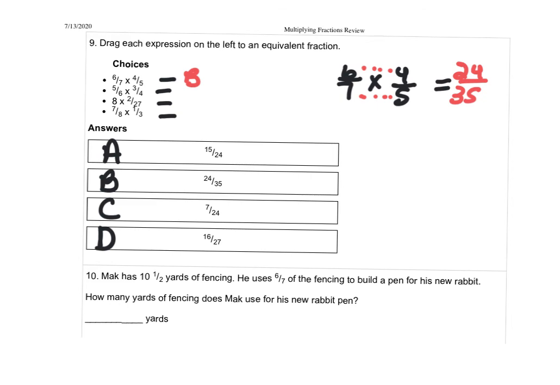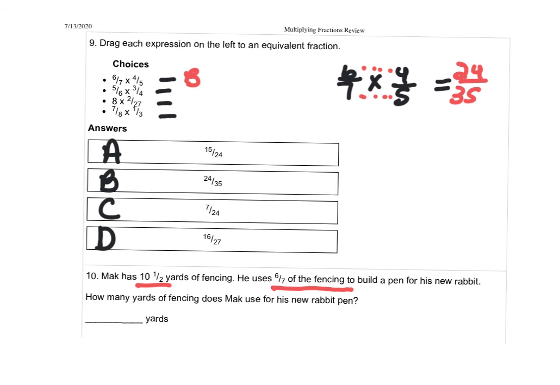Okay, you can work those last 3, and then the last one, Mark has 10.5 yards of fencing. He uses 6/7 of the fencing to build a pen for his new rabbit. How many yards of fencing does Mark use for his new rabbit pen? One more time. Mac, not Mark. Mac has 10.5 yards of fencing. He uses 6/7 of the fencing to build a pen for his new rabbit. How many yards of fencing